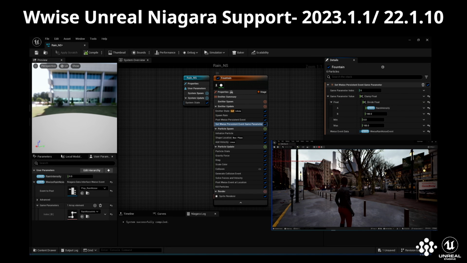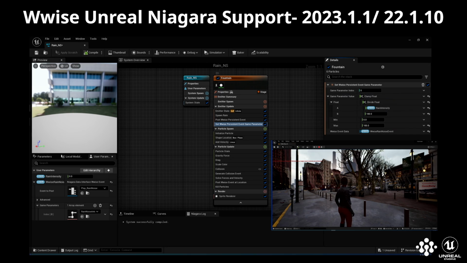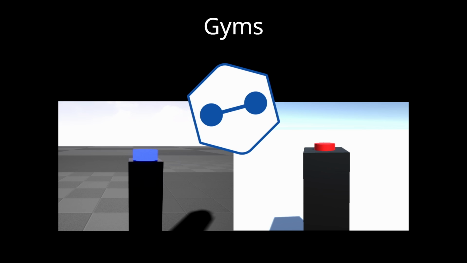And as part of one of our patch releases in Wwise 2023.1.1, as well as 2022.1.10, we brought support for Unreal's Niagara. So this is their particle effects system, and now we have a plugin support that works with Wwise, and you can get crazy with some of that technology. There's a ton of great opportunities in there, and now we're there by default for you to expand on what sound can do in the context of VFX.